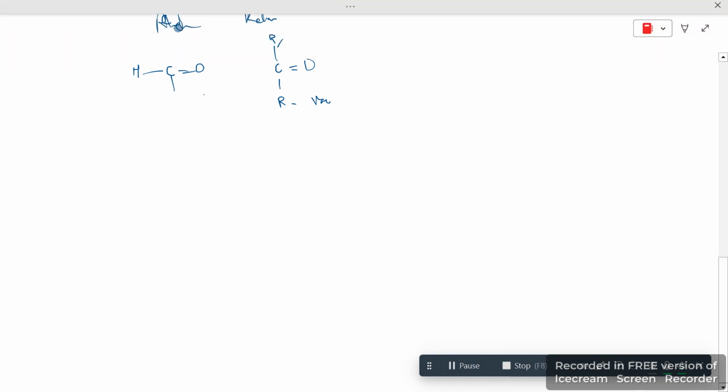So yes, we are discussing aldehyde and ketone structure. This is the ketone, this is the aldehyde. I made a half in last video. Here R, or R, is the variable, and here R is also known as radical